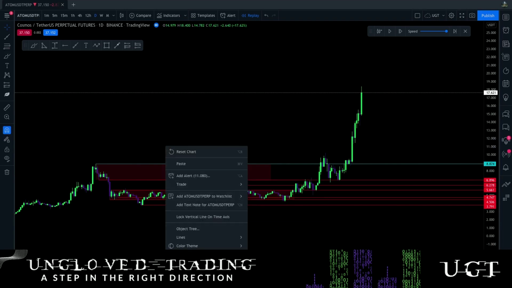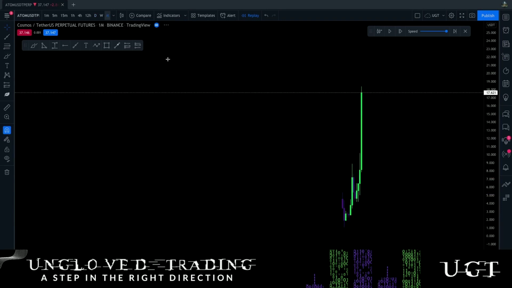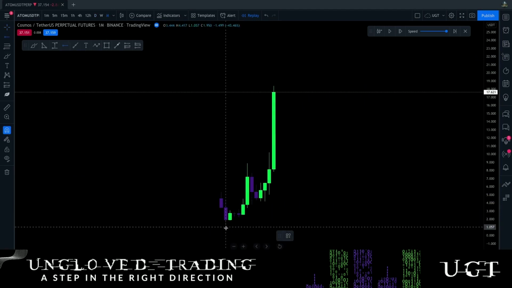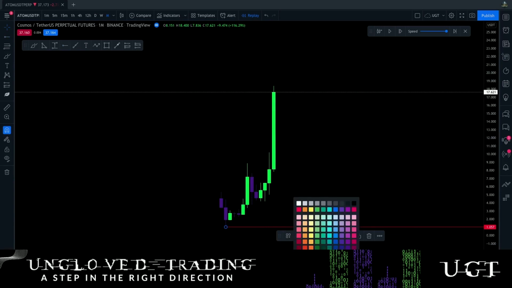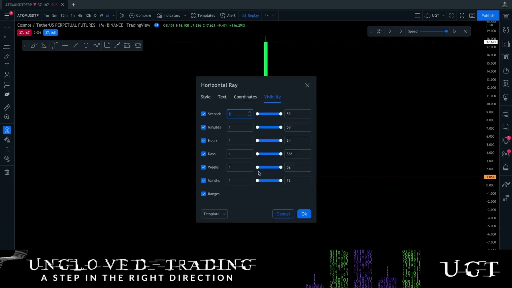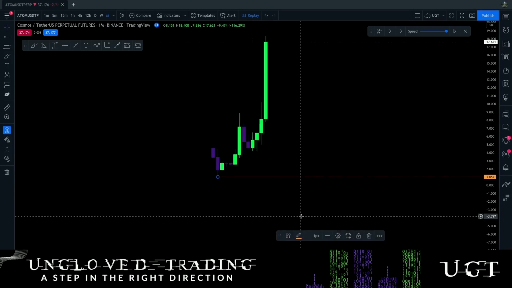So if we remove all drawings and go into the monthly chart, what we are going to do is when you are marking your monthly levels, so say your monthly swing low, you are going to double click your level and you're going to set the visibility to all of the time frames, and you're going to do the exact same for the weekly. But once you get to the daily time frame,